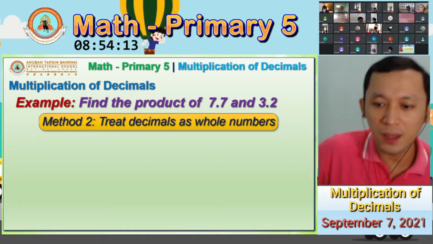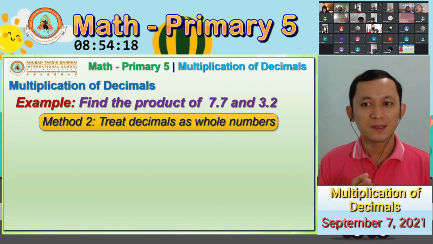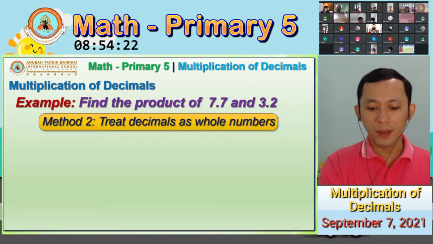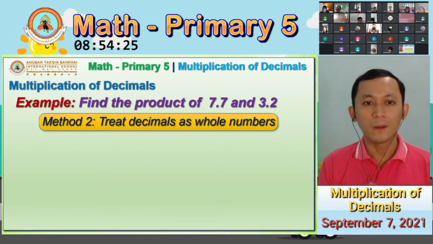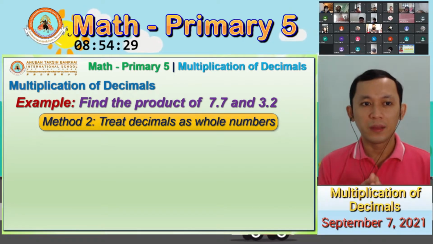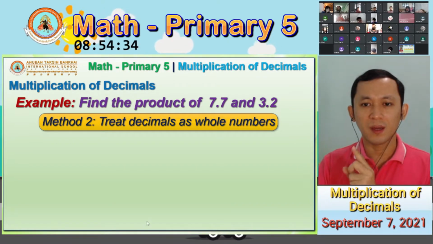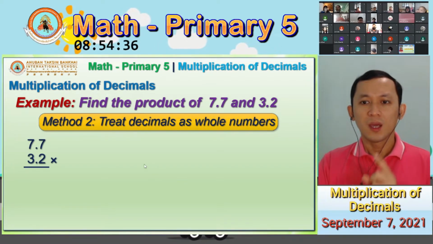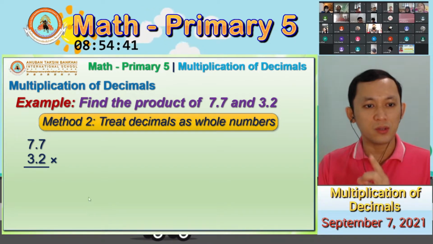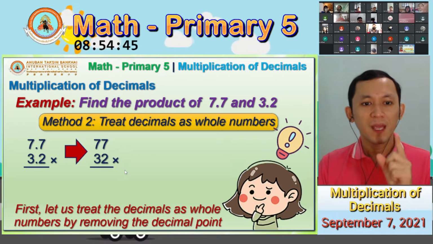And method 2, I think this is easier. Teacher, why is method 2 easier? So method 2, we are going to treat decimals as whole numbers. Okay, so instead of writing 7.7 times 3.2, what are we going to do? We are going to write